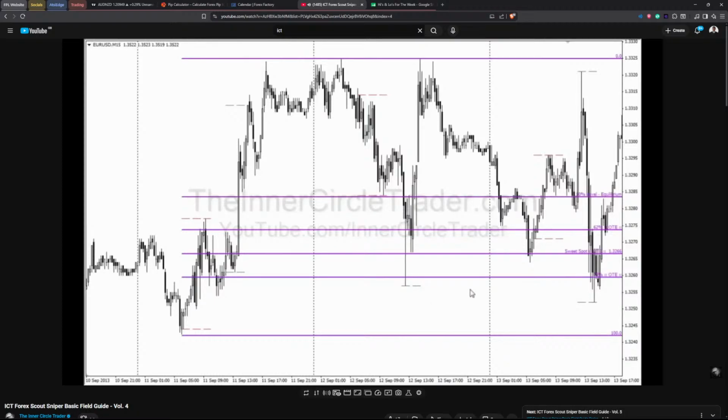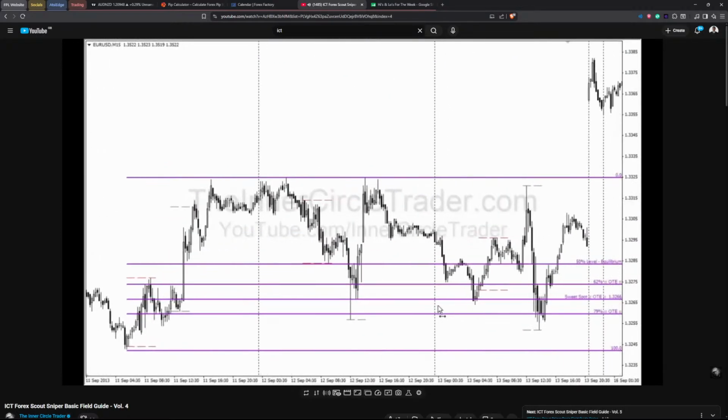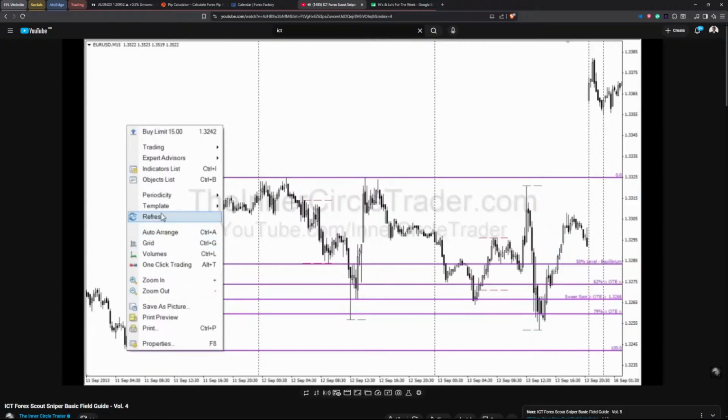Just violated this low just by a little bit. You see that? If price does that, it's usually a precursor to something pretty significant. And you can see how clean these highs up here were, so you can imagine what was resting above that. You can see that was the case here. They took out all the stops with that huge weekend gap, blowing out all these highs that were way too clean. And that's classic ICT work there.